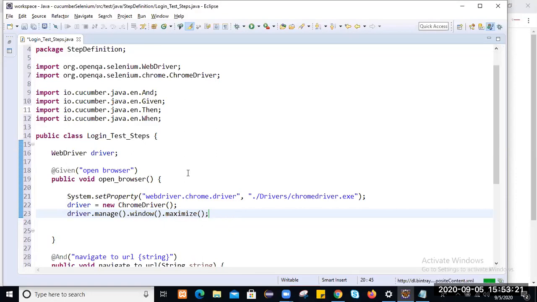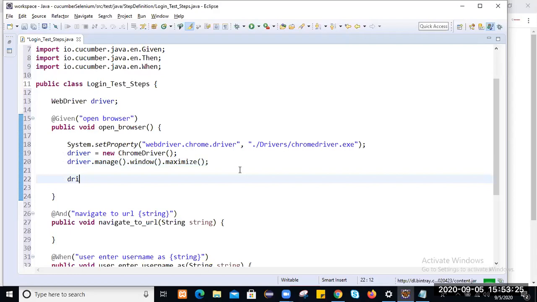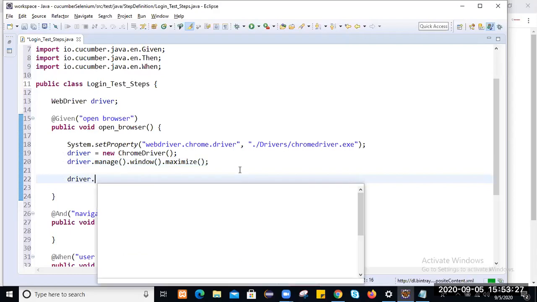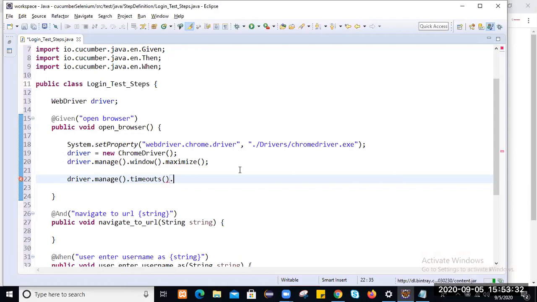Once we maximize the window, here we implicitly wait for 10 seconds. So what is the time unit? The time unit we will use is seconds. So implicitly we have waited here for 10 seconds.